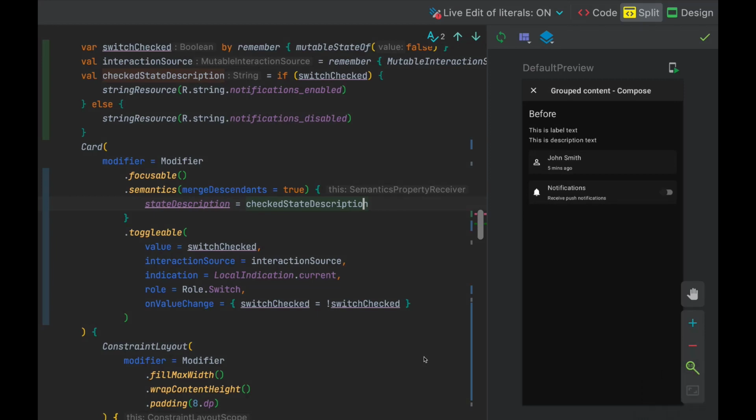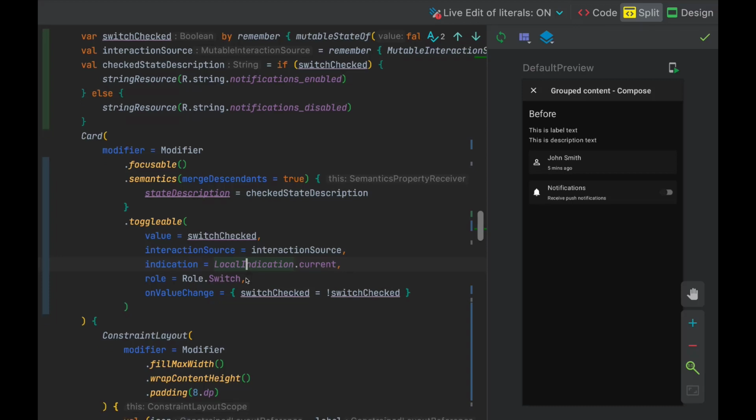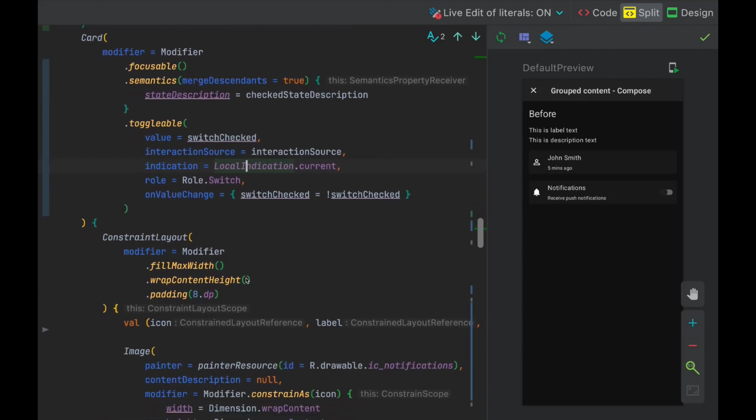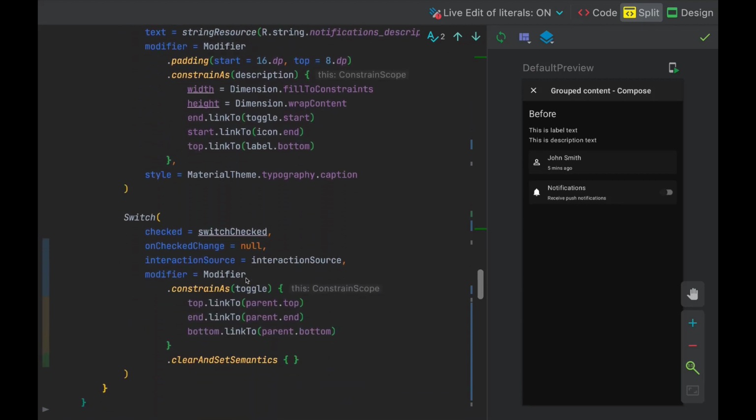In Compose, the settings toggle item is actually a little bit more complicated. What it comes down to is, instead of making the switch non-focusable for accessibility, we're going to make the card itself a toggleable element instead. And we're going to achieve this using a toggleable modifier, which basically takes all of the interactions and uses those instead. Instead of the switch being toggled, we're actually toggling the card itself and then having that state reflected in the switch. I'd really recommend checking out the source code to actually see how this is done and have a little bit of a play around with it.